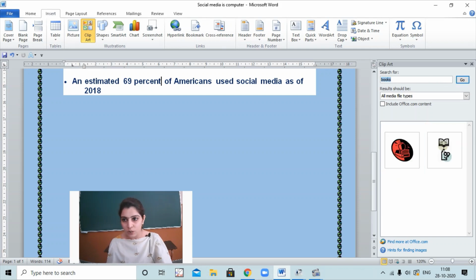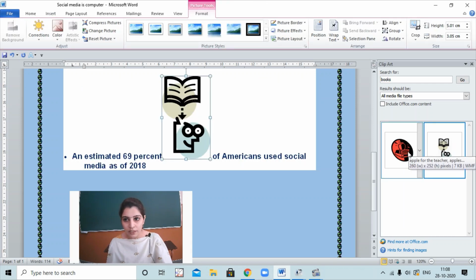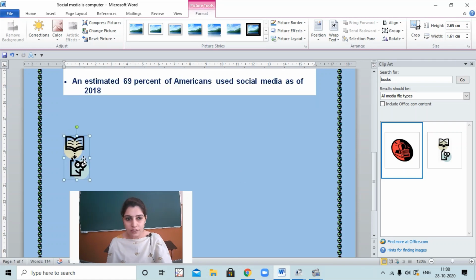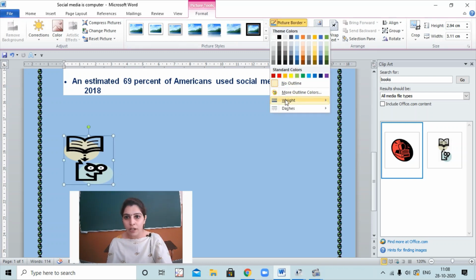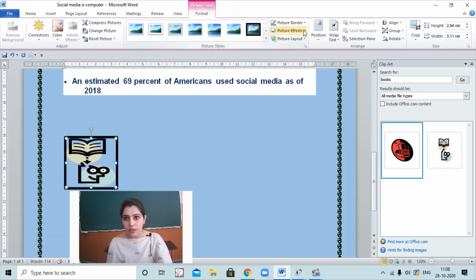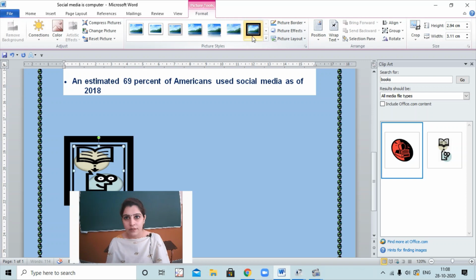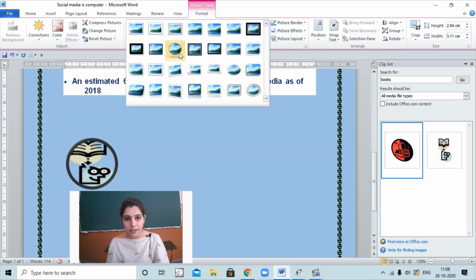So I am finding two clip arts here. So drag it, or you can double click also, right? After the clip art gets inserted, you can do operations such as resize it, or rotate it like this using the rotation handle. Okay, so you can also apply the border. From here you have to apply the border, then the border color you can also give, type of border, picture styles you can give, right?